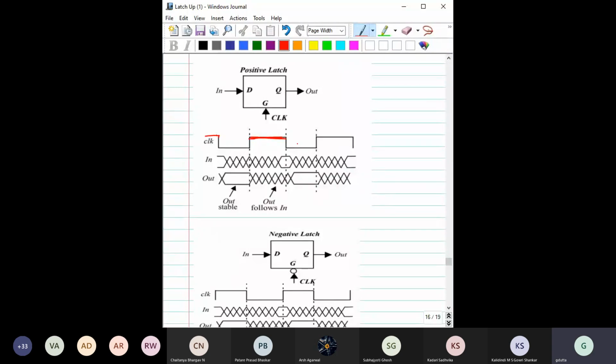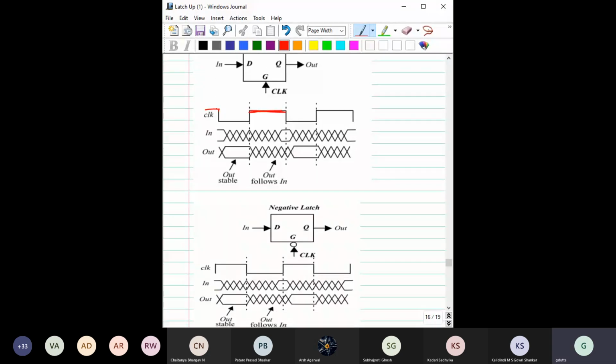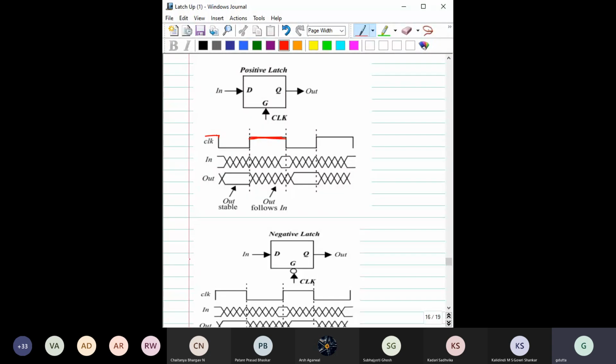What do you mean by positive latch? Data would be transferred when the clock is 0 or 1? When the clock is 1. Okay, let's see whether it is happening here or not. Here the clock is 1. Yes, now the data has been transferred to this output. Similarly, when the clock is equal to 0, data will be in a hold